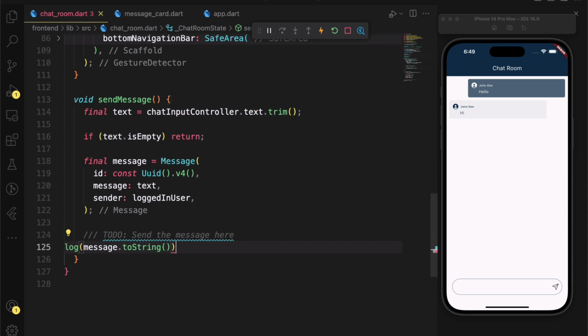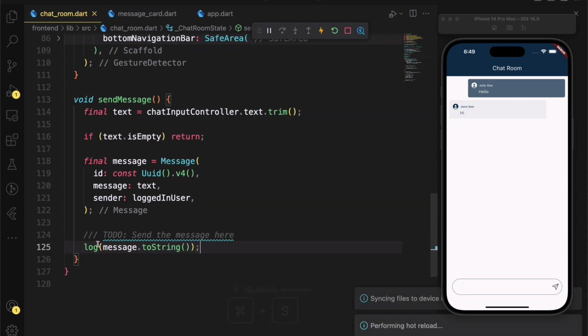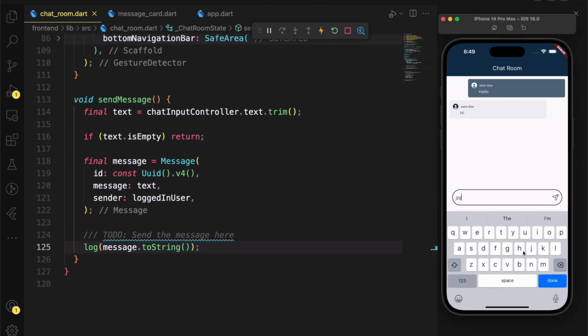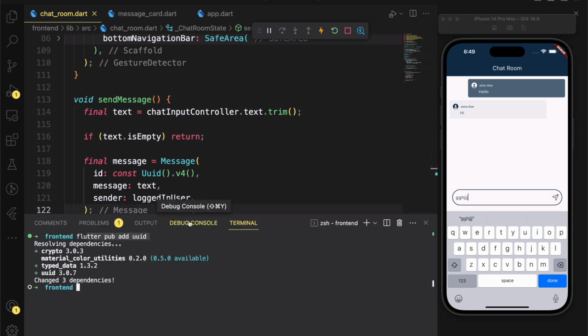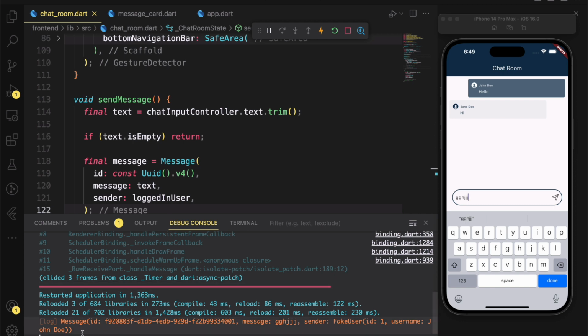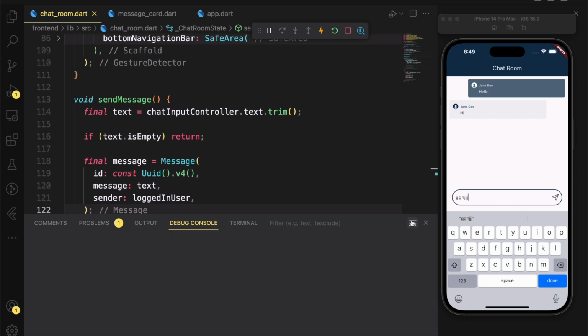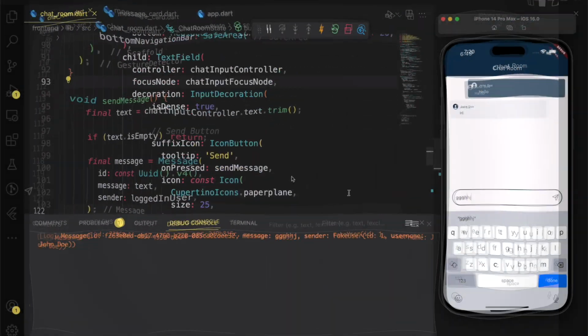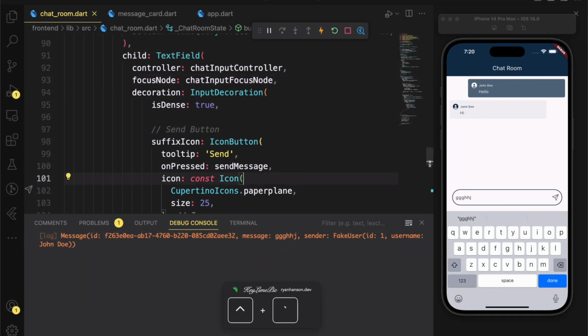We're going to convert the message to a string because the method takes a string, and whenever we type in a message and hit the send button, it's going to display the message on the console. Let's try again. Send. All right, you see we get the message in the console, and the message has been constructed for us, which is nice. All right, we are good.